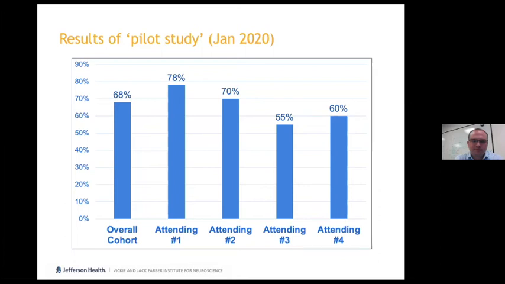So these are all the spine cases that were done at Gibbon the month of January 2020. And for the entire month, I tracked the compliance that a patient had a post-op note in the chart the same day that they had surgery. So amongst all of our patients, 68% received a post-op note that was documented in the chart. And out of the 4 spine attendings that operated at Gibbon, there's a fairly similar overall rate of